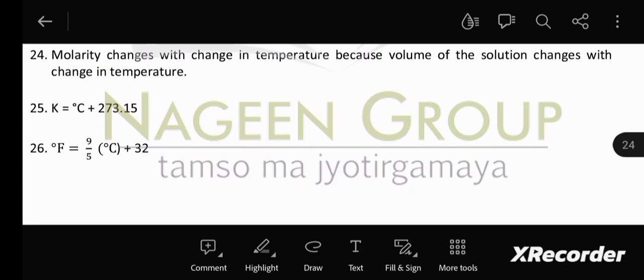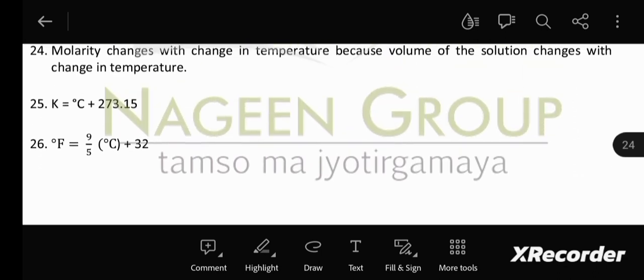Now here the relationship of Kelvin and Celsius. Now you can see how to convert Kelvin into Celsius. Kelvin can be converted into Celsius by subtracting 273 from the temperature. Now here one more, Fahrenheit can be converted into Celsius, using 9/5 degrees Celsius plus 32. So this is the summary of this chapter, children. So I hope you understand this chapter thoroughly, you learn it thoroughly, and now I hope that your concept of